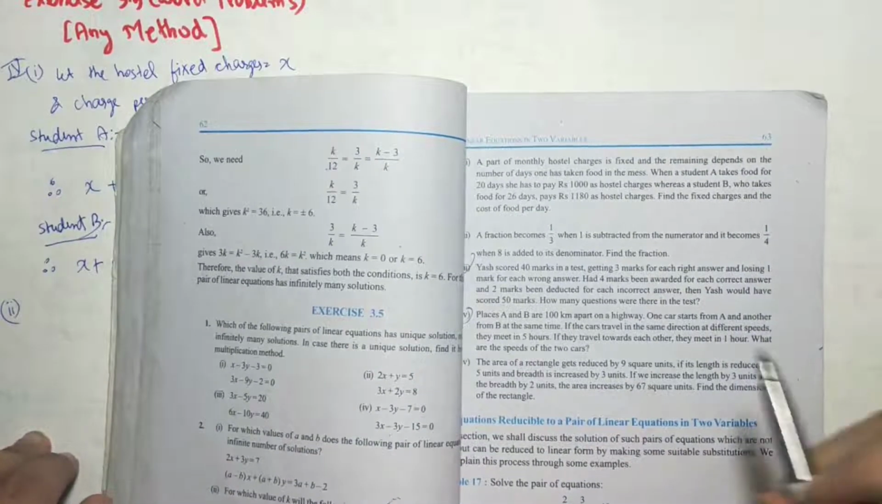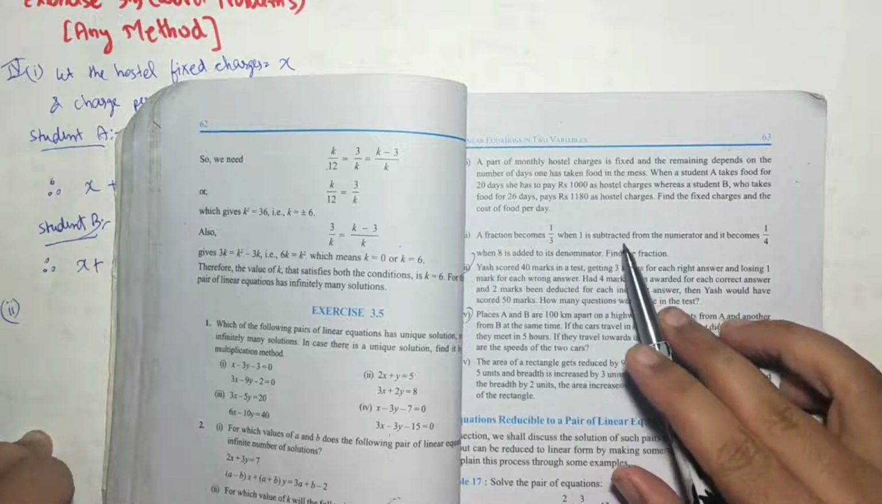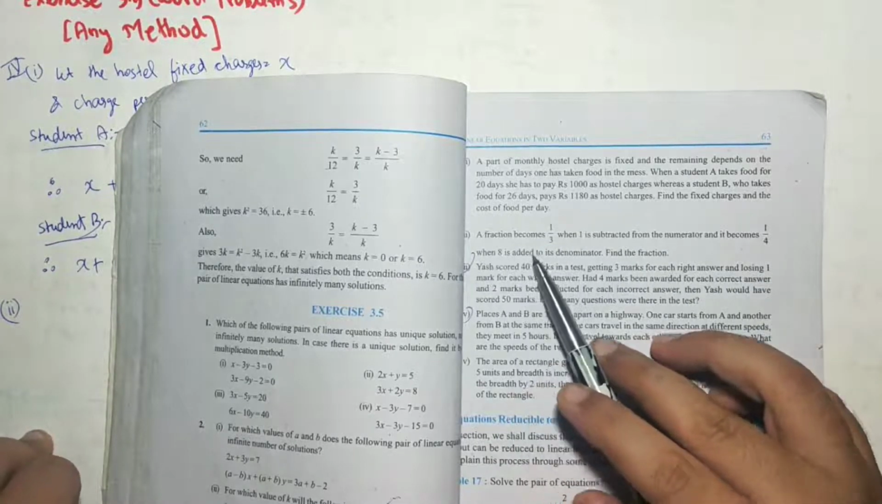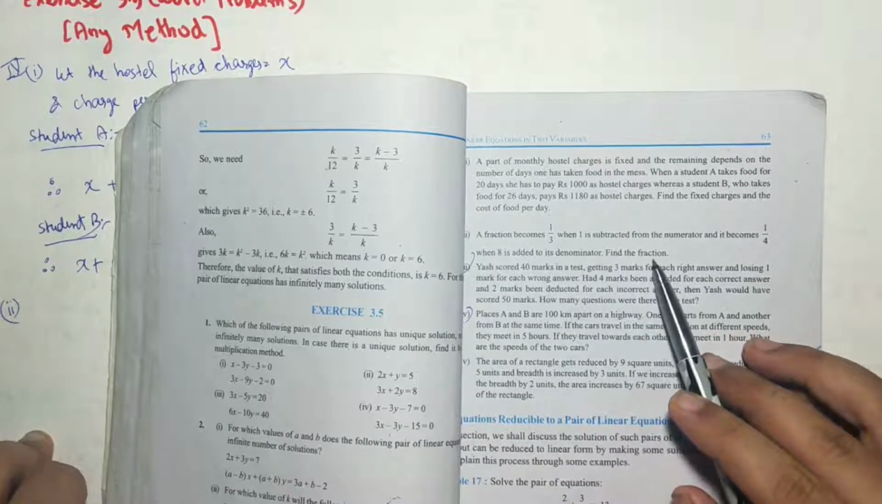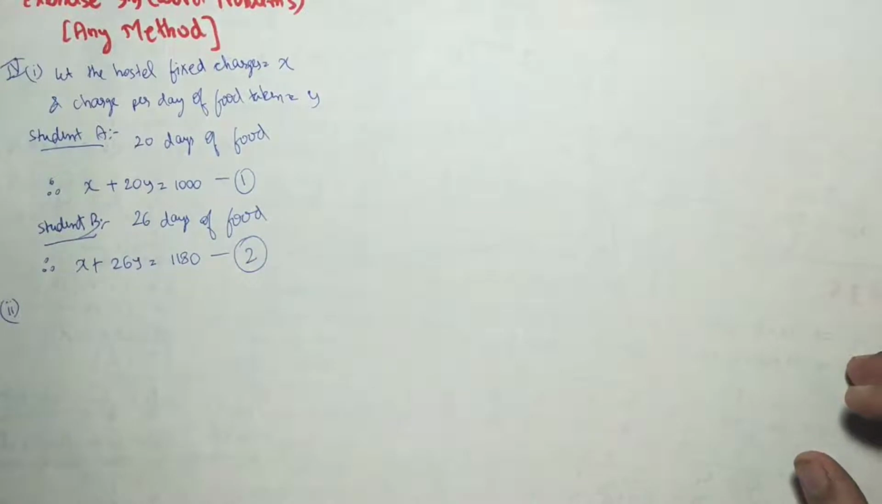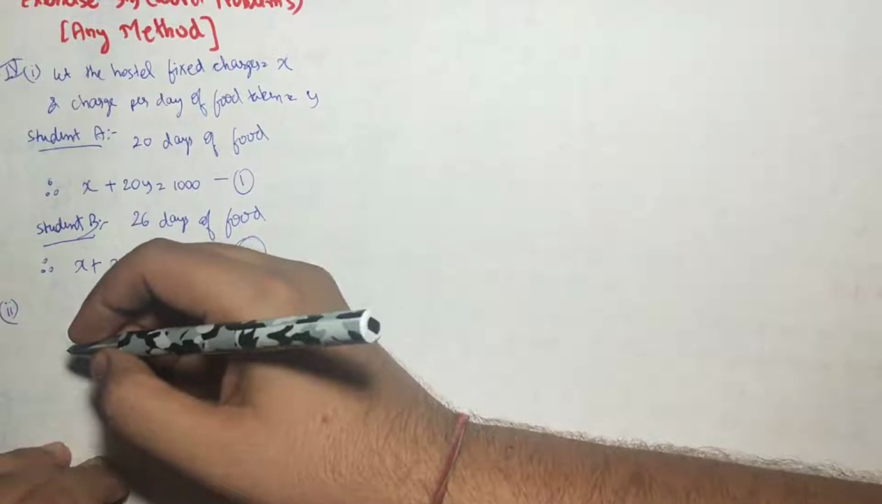The second question says, a fraction becomes 1 by 3 when 1 is subtracted from the numerator, and it becomes 1 by 4 when 8 is added to the denominator. Find the fraction. Again, I am saying it is find the fraction. So you have to take variables in the form of a fraction. Take X as the numerator and Y as the denominator. So your statement starts as,